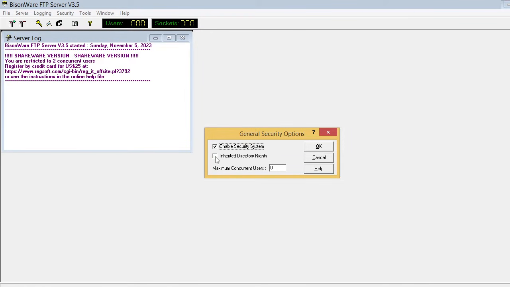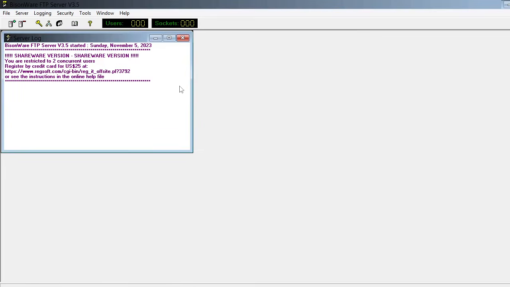So inheritance directory rights. As I am going to send and receive packets, I am going to provide directory rights for that. And concurrent user, as this is freeware software, it has a restriction that only two concurrent users can get connected to the server. So even if you mention a larger number here, by default it is taking only two as concurrent users. So I'm going to mention 2 here,